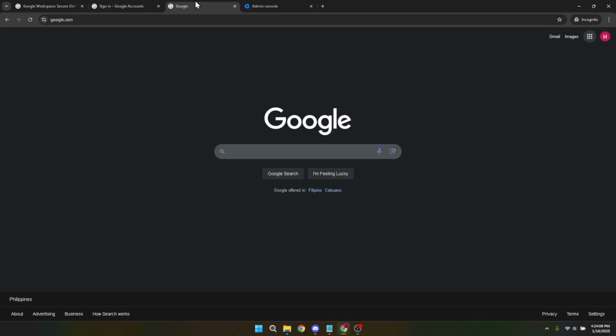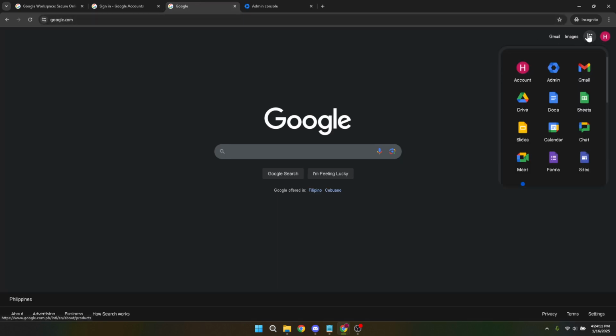Now look towards the top right corner of the screen. There's a menu labeled as the Google Apps menu, which contains various Google services and applications. Click on this menu to continue. From this drop-down menu, look for and click on the admin icon. This will redirect you to the main administrative panel where you can access a multitude of functionalities for managing your